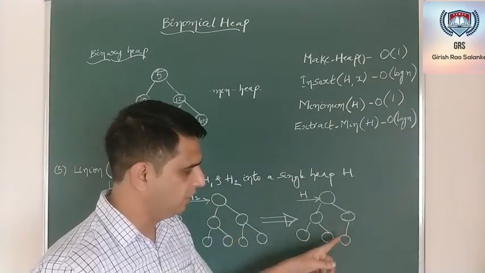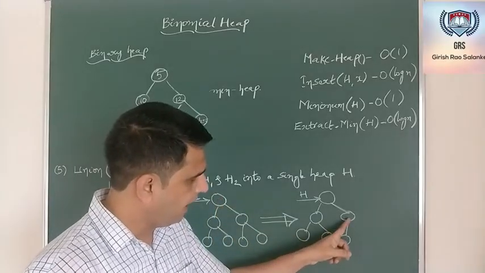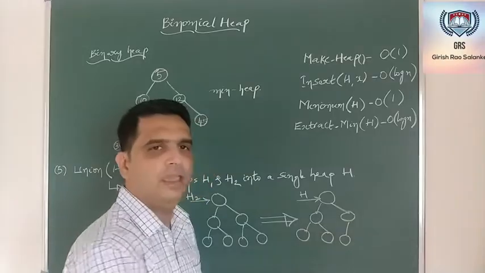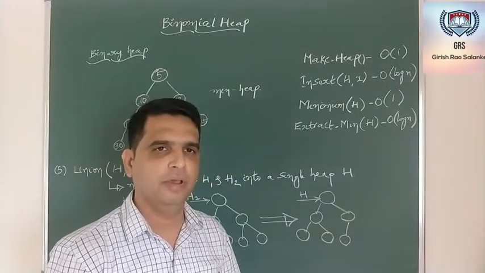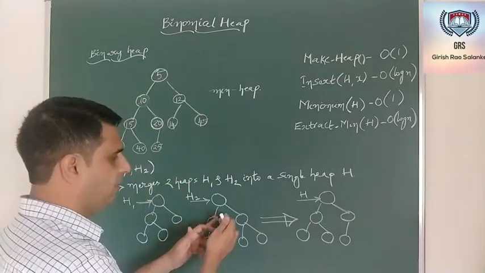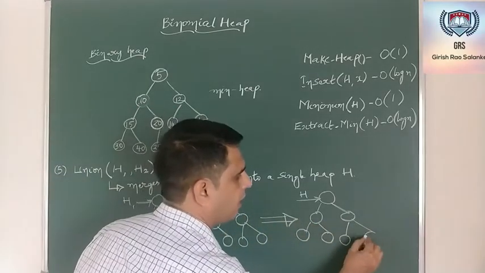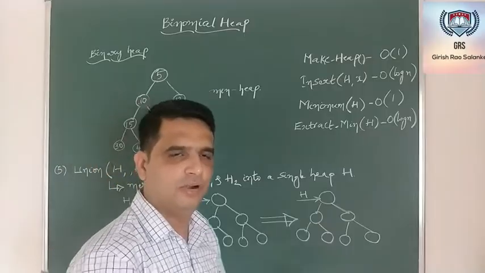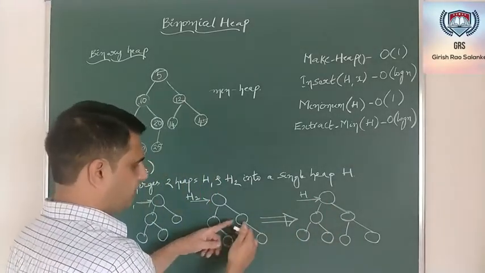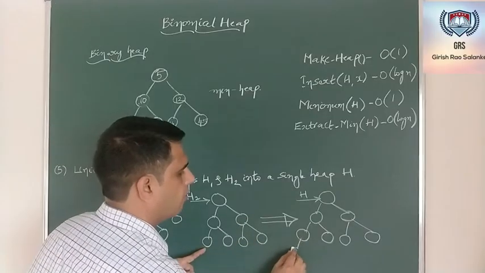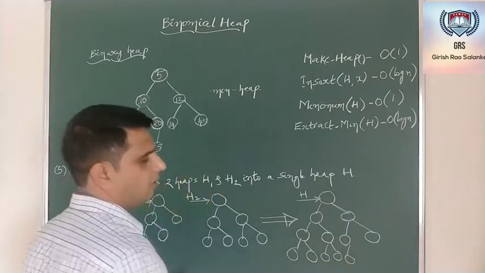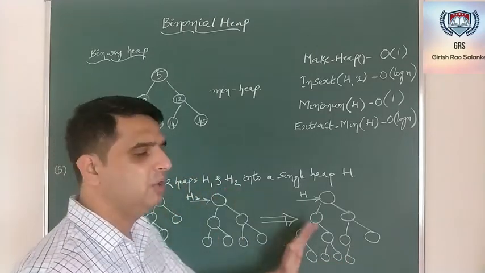On adding this root node as the left child of this node, it might be a heap or it might not be a heap. If it is not a heap, I need to call the heapify function once again. Similarly, I will take the next element and put it here. If it is a heap, well and good. If it is not a heap, I will reconstruct the heap. Similarly, the remaining 5, I'll put them. So this is the union operation.